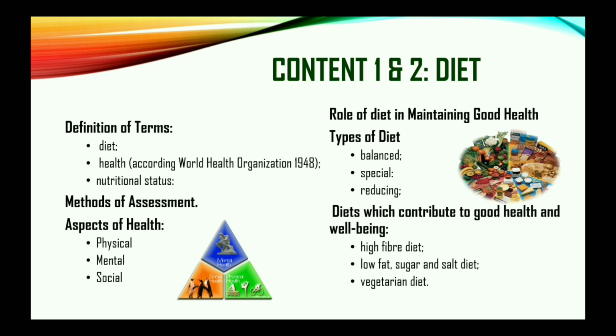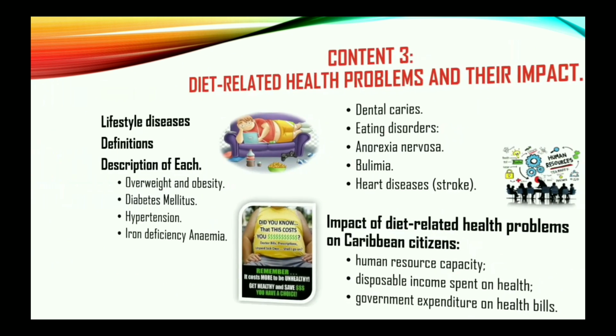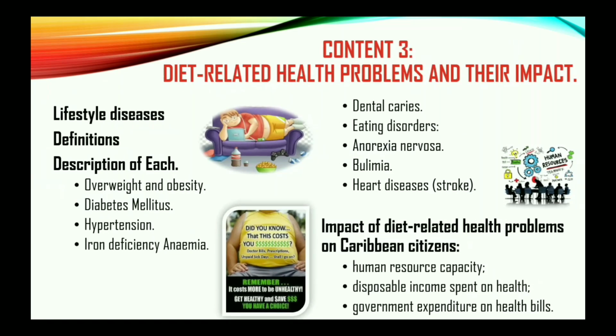And we also speak of a vegetarian diet. Good. And this is one that is mostly rich in vegetables and fruits. Now, there are different types of vegetarians, but as we go on in this course, we'll find out the different types. Now, that was it for content 1 and 2, right? Which was entitled diet.